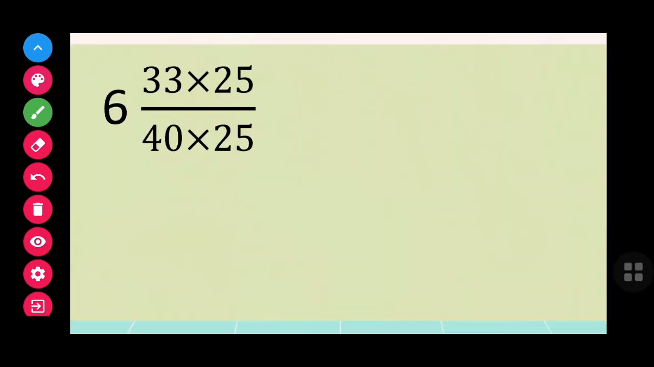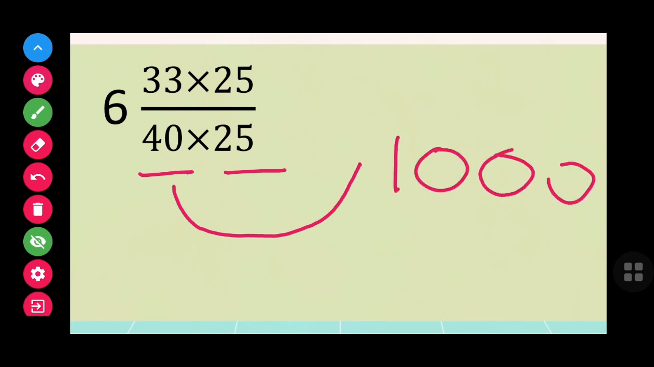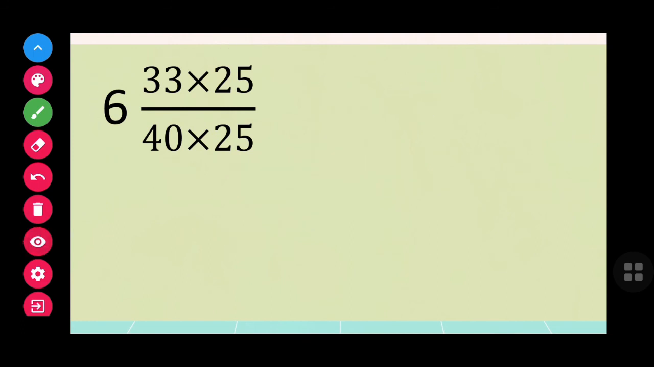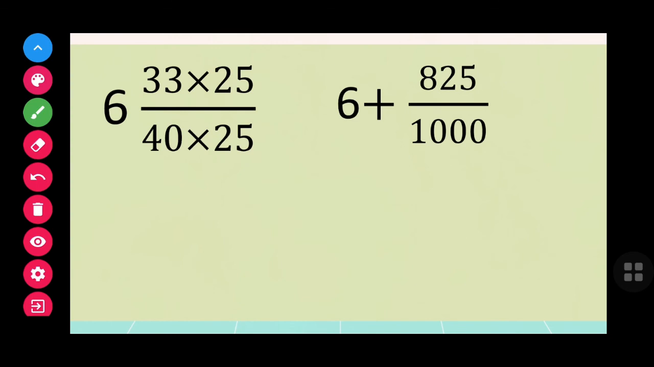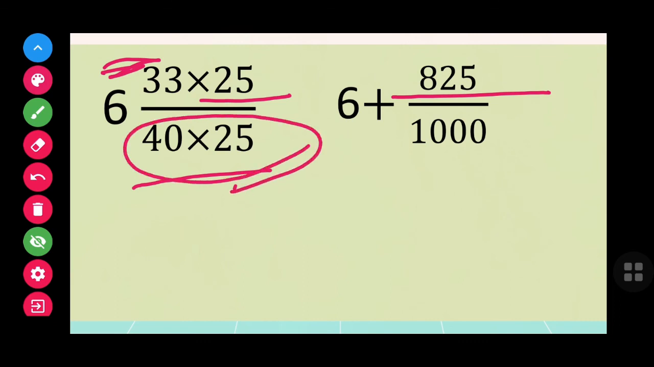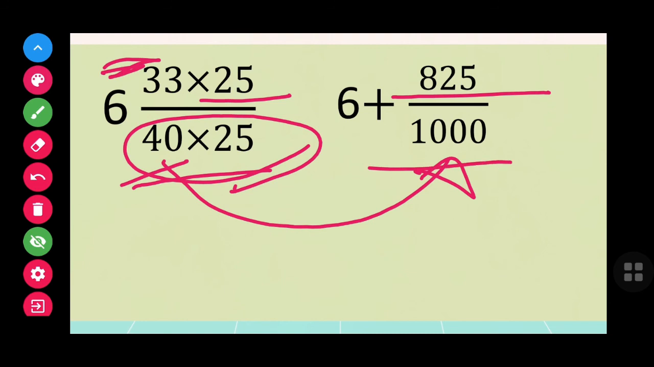Now you see, you multiply this 40 by 25 in order to make it a power of 10, that is 1000, because when the denominator is a power of 10, then it is easy for us to convert the fraction into a decimal. So now you get 825 over 1000. To make an equivalent fraction, we multiply the numerator by 25 as well and we get 825, and we already made the 40 into 1000. We did not forget this 6, it stays as it is, the whole number, and now we have 6 plus